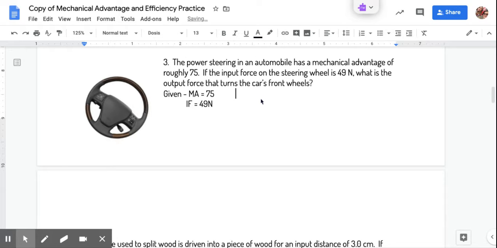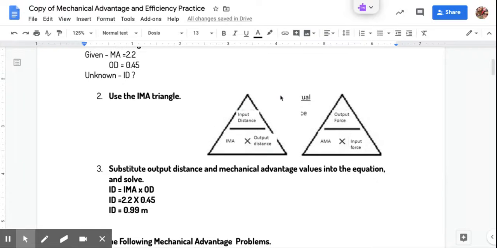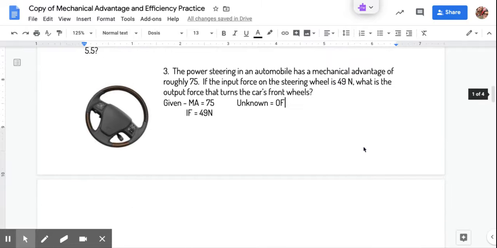And so our unknown is output force. Okay, so let's look and see which triangle we use. We've got input distance, output force, input force. So we're going to use this one, AMA, and we're solving for output force. If we covered this up, we would be left with output force equals AMA times input force. So our formula we're using is